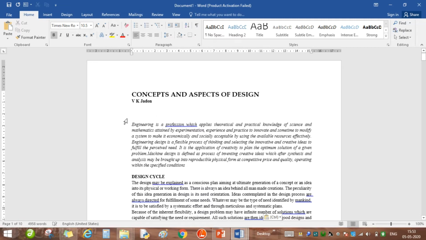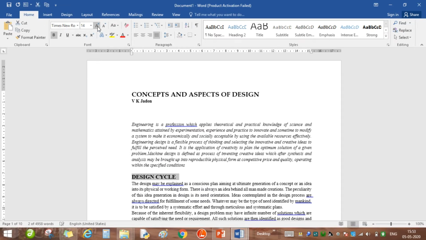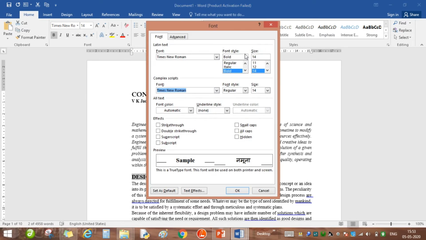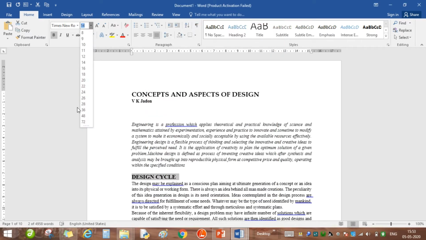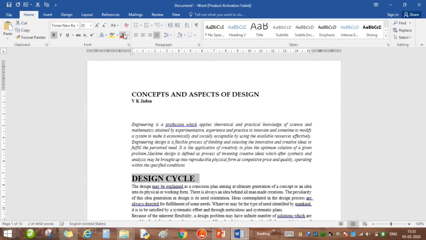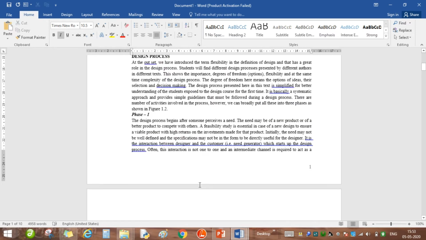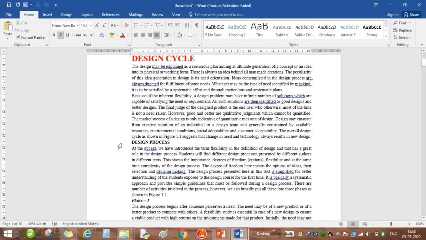When we want to style this document, suppose I want to make this larger, I can increase the size from here, or I have to go to this and increase size from here. And suppose I want to change the color, and likewise for another heading, the same thing.